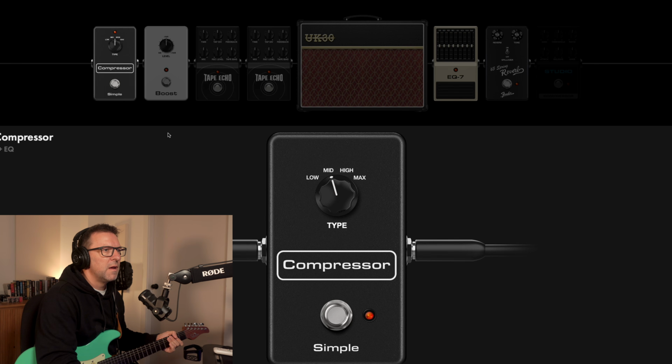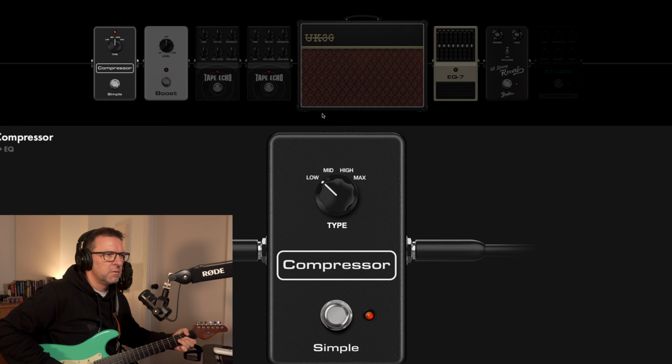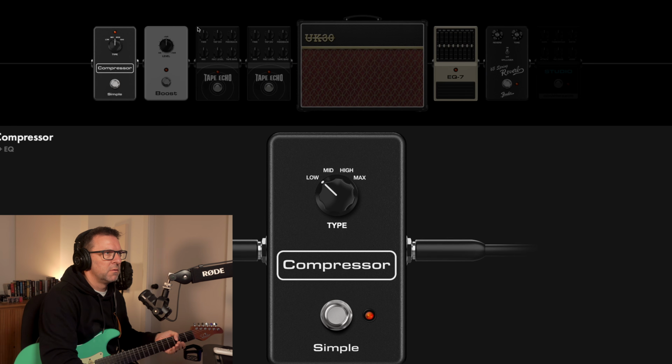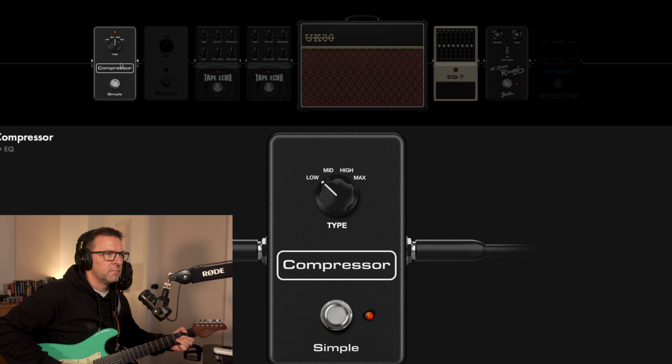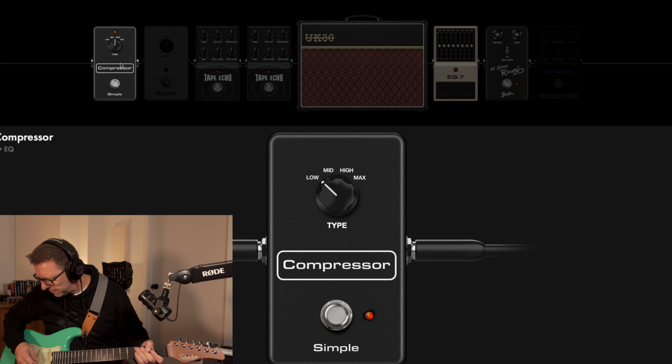I like that. That's just set to mid. Let's try low. Turn the boost off. Let's try the looper.